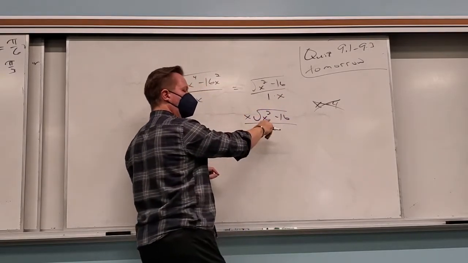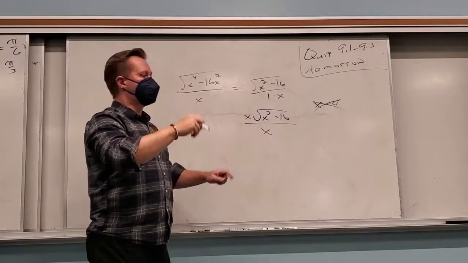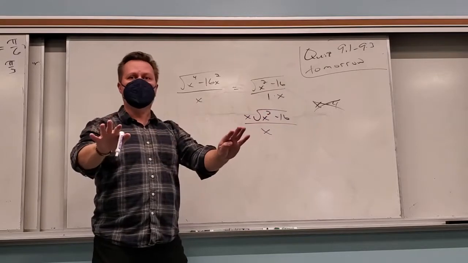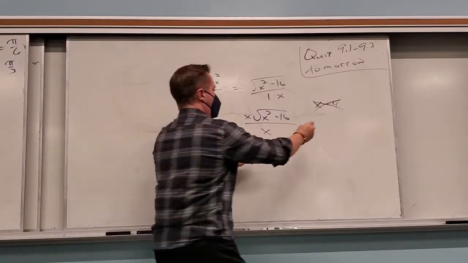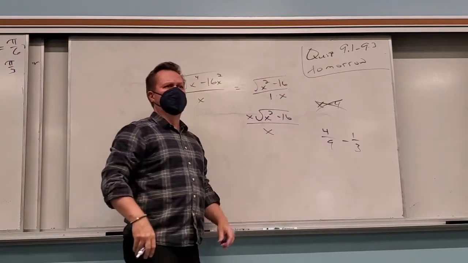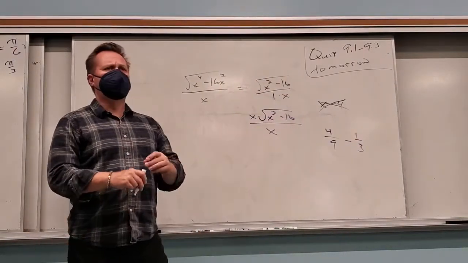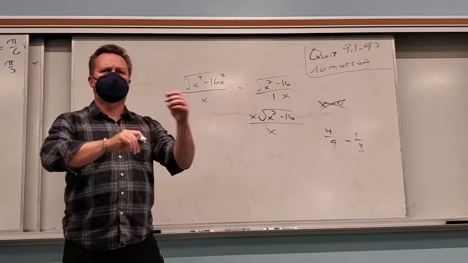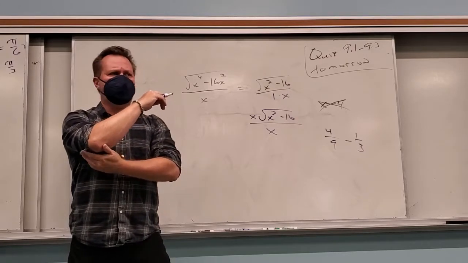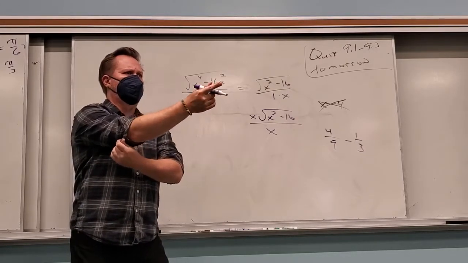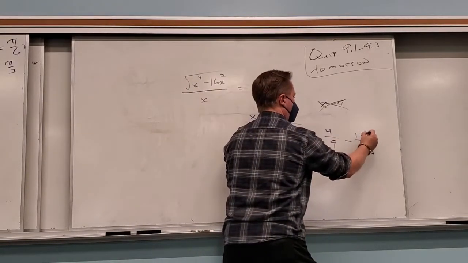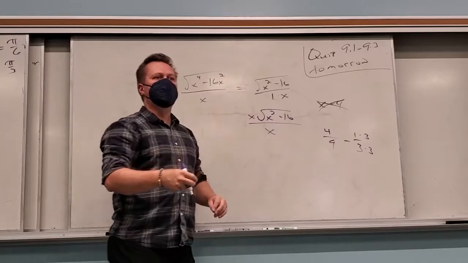Yes. So the only valid way to divide something by x out of nowhere is to multiply by x at the same time. Didn't I just do nothing? Isn't that what we do every time? Like, how do you subtract these? How do you subtract those? Right? Don't say it's 3/6. How do you subtract those? What do you have to do? You have to get like denominators, right? So how do you get like denominators? Don't you multiply this by 3, and so you have to multiply the top by 3 also? So,